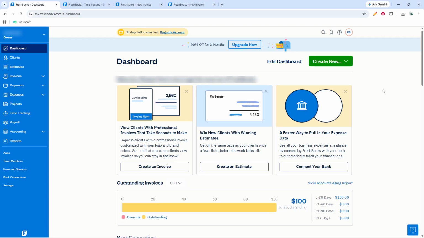In today's video, I'm going to teach you how to convert time entries to an invoice in FreshBooks. We'll go through the process from start to finish, so you can take the time you've already tracked and turn it into a clean, professional invoice for your client. This is a great way to save time, reduce manual entry, and make sure the hours you worked are billed